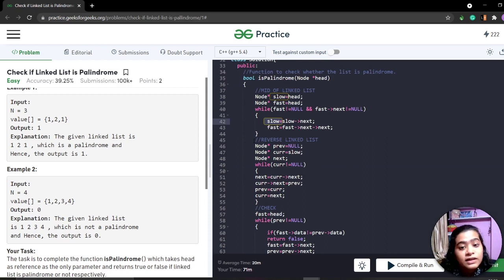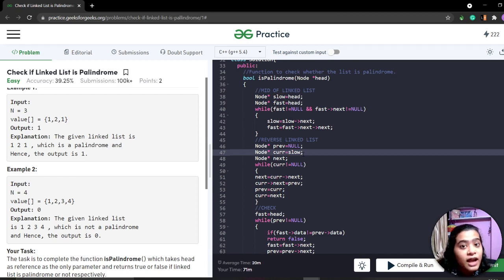Then we have to reverse the linked list. So this is the logic for reversing the linked list. The previous pointer, current pointer and the next pointer. Slow pointer is the middle of the linked list because we have to reverse the linked list after the mid. So the current pointer is pointing to slow.